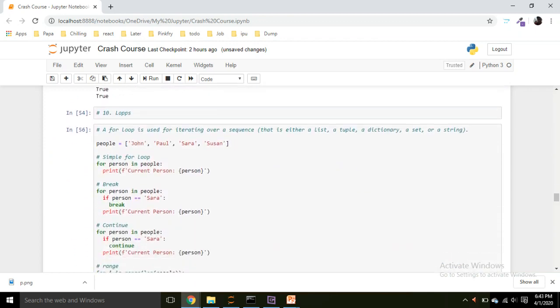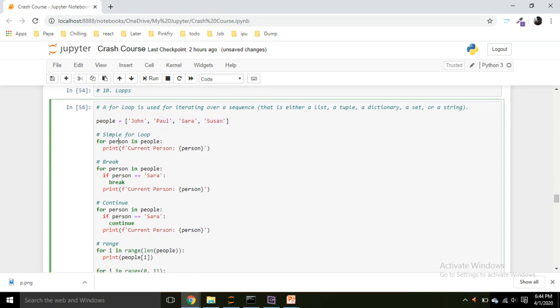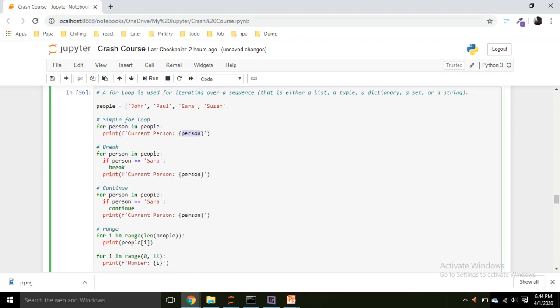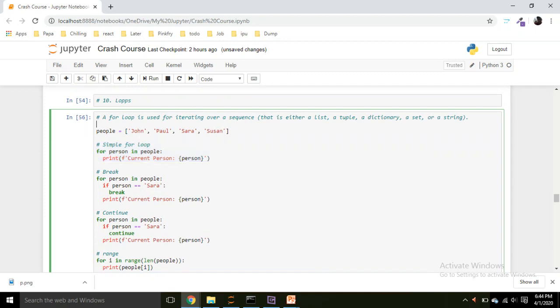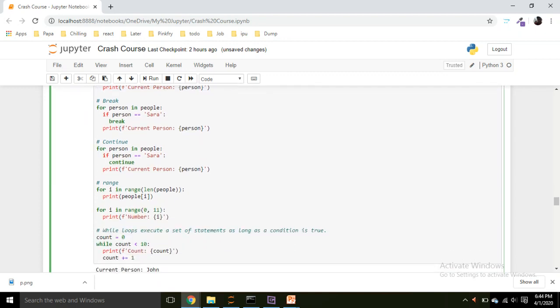So we have provided this people list, and we can print it like for person in people, where person is a variable. We can print each element this way, or we can use range. In range, we have to pass the length of people. So for i in range,